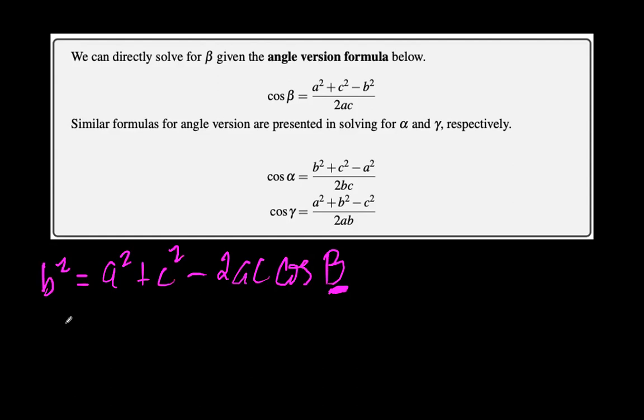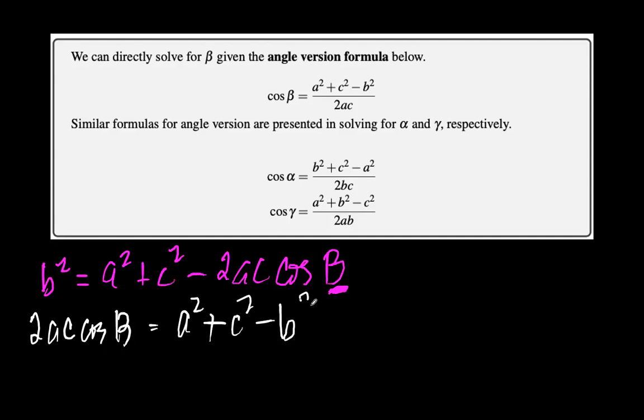So to solve for B, of course, using algebra, we have 2ac cosine B is equal to a squared plus c squared minus b squared. This is just plain algebra, guys. And since we're solving for B, we don't need 2ac. So that's why we're just